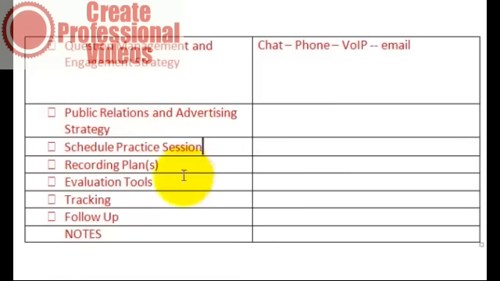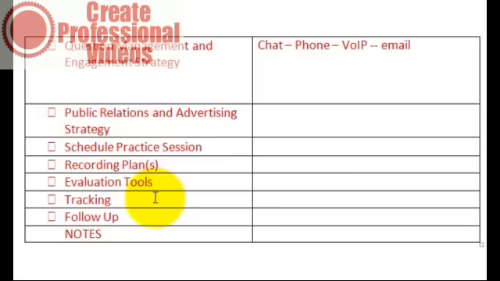What kind of tools are you going to use to evaluate your performance? Are you going to ask people to do a follow-up survey? Are you going to make some telephone calls? Are you going to have a debrief with some people afterwards? I think it's a really good idea to have someone you like and trust very, very much to listen. That might be somebody who's a part of your audience, and say, how did I do? Give me your honest feedback. Tell me what I did well and tell me what I didn't do well. And that's always a very, very good thing to do.